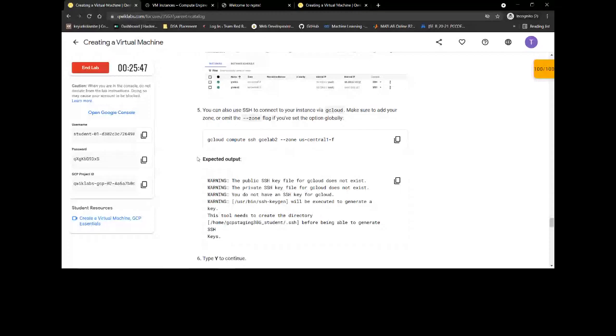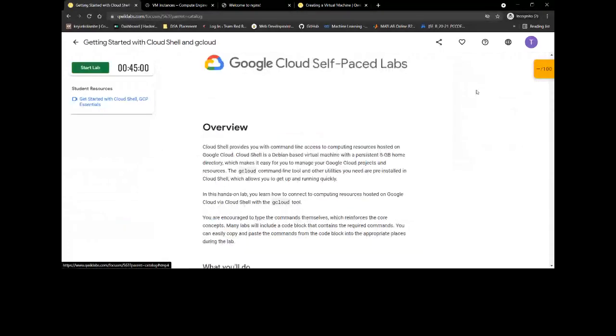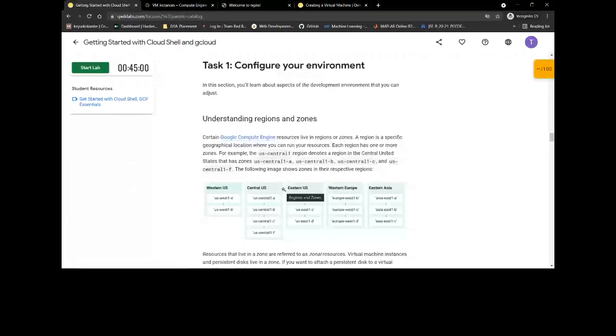Now this was the first lab that you are supposed to do in the 30 days program, in the first skill badge. Now you can do the other labs in a similar manner. All the things are specified there itself, what you have to do and how you have to do it. After following the steps, you will learn about the Google Cloud platform and you will be doing hands-on labs using the Google Cloud platform credentials that you will receive after starting the lab.